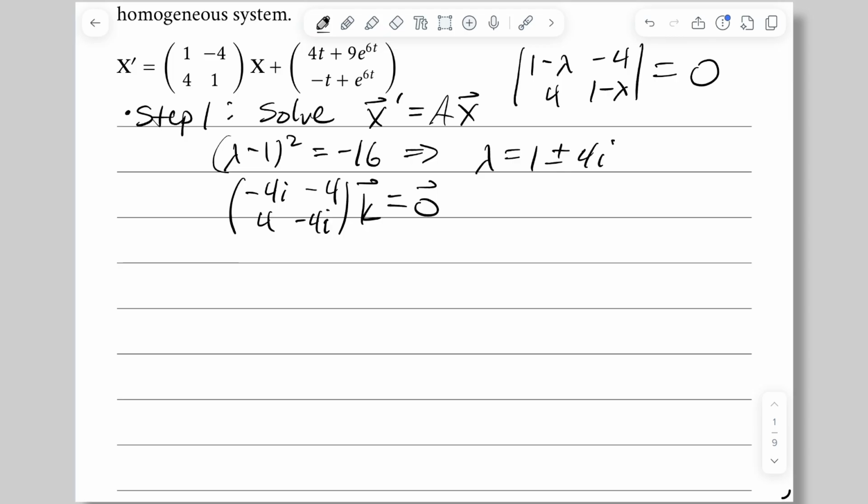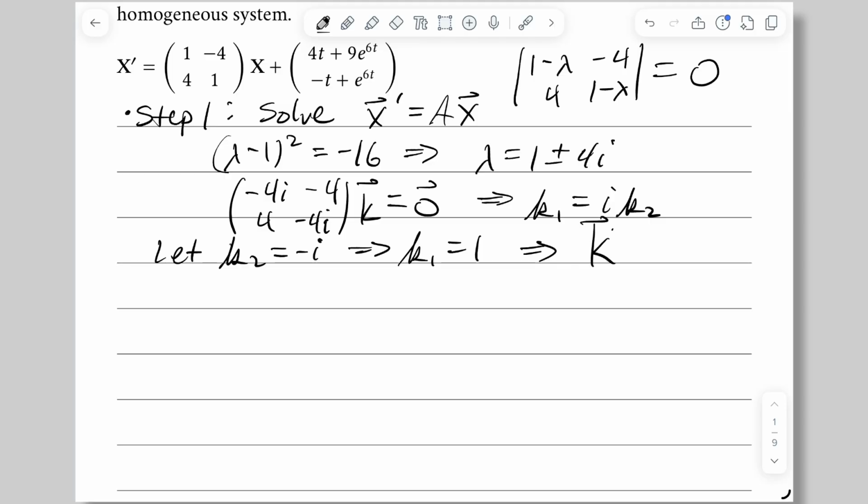Seeing these represent equivalent equations and dividing through by 4, we can write down that k1 is equal to i times k2. And then by letting k2 equal negative i, we get that k1 is equal to 1, and our eigenvector k is equal to 1, 0